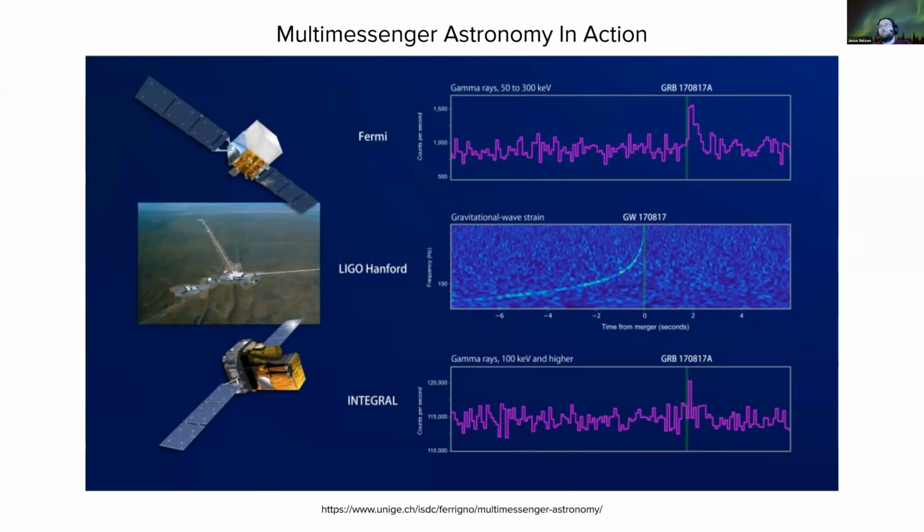And the particular example that this course is based off of is the detection of a binary neutron star merger in 2017 using multiple messengers, in this case, gravitational waves and gamma rays. Here we just have a couple of different plots that show the merger, or what we interpret to be the merger happening. We have the LIGO data, which is basically just a plot of the frequency of the gravitational waves over time leading up to the merger.